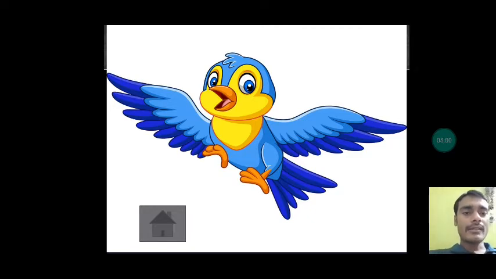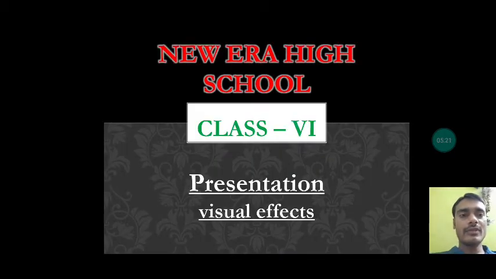Okay, and this another action button I have created here. You can see this is your another action button, and it is the shape of a home. When you click this button, you will move to the first slide. Okay, when you click this button, you will move to the first slide. You can see how we have moved to the first slide.